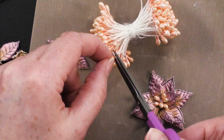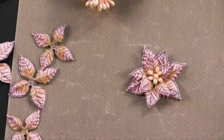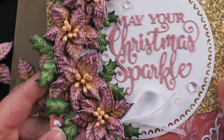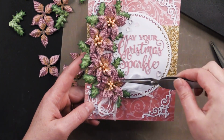Let's put another one in. So I'm doing 7 right there. All right. So isn't that precious? And then I went ahead and put them all, if we can zoom out a little bit. There we go. So I put them in a cluster of 4 and just went ahead and placed them